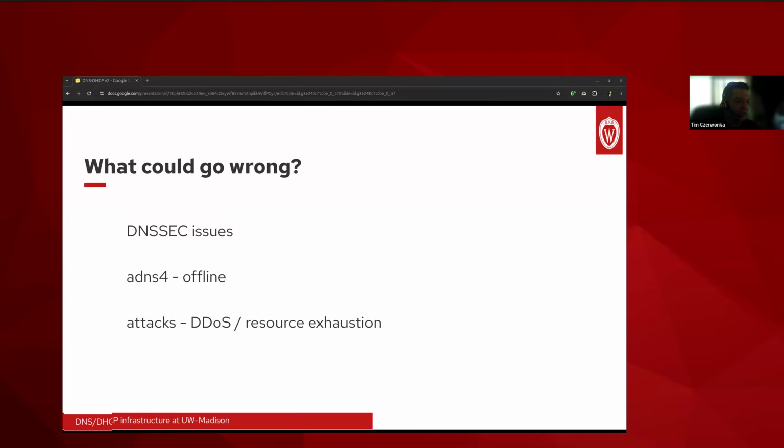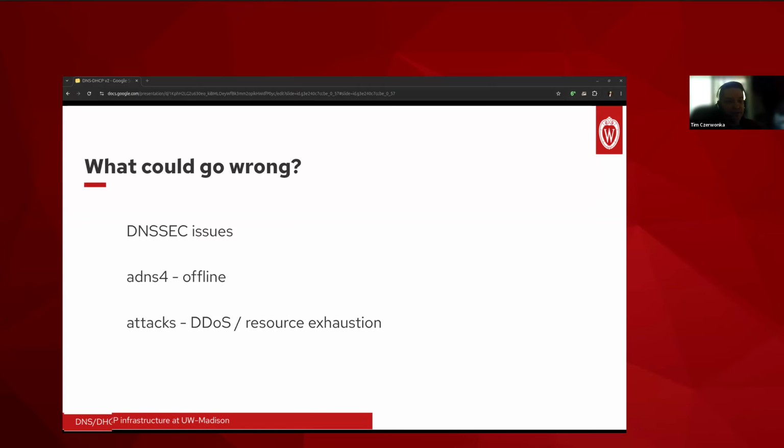It's one of the reasons why our resolvers are not open beyond the UW address space. It's also one of the reasons why it's a great idea to not have Active Directory-based DNS servers available on the public internet. While they may be authoritative for their own content, they also happen to be recursive for their own clients. It can be a bad configuration.